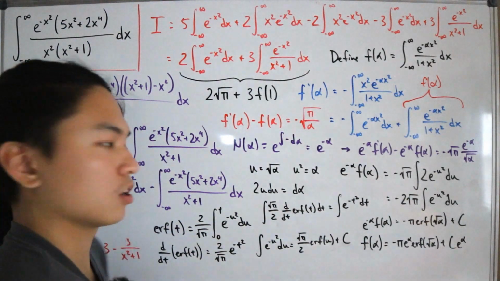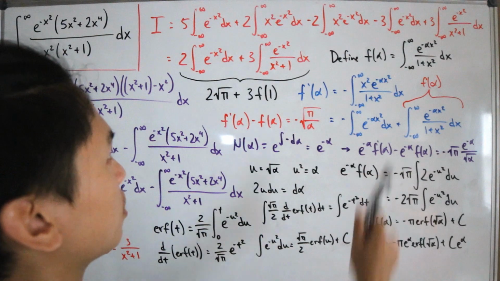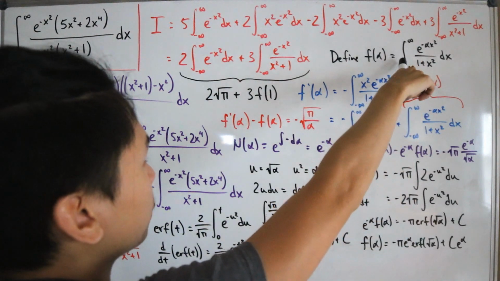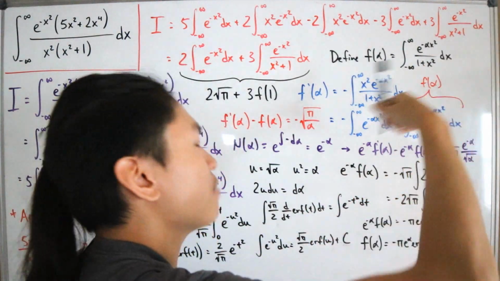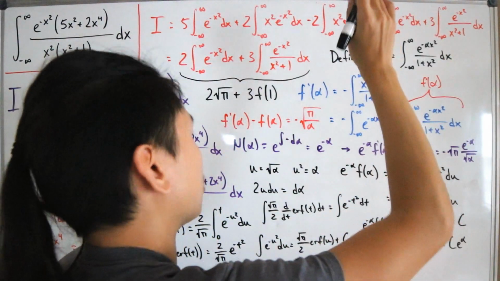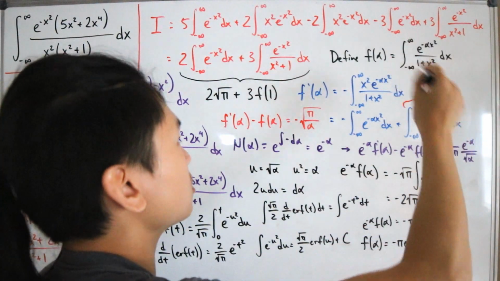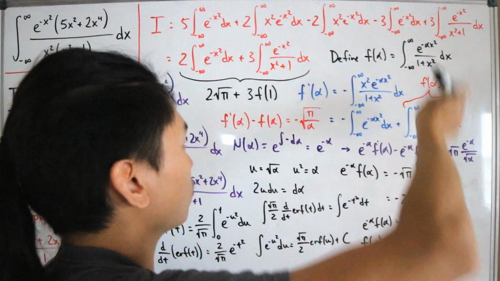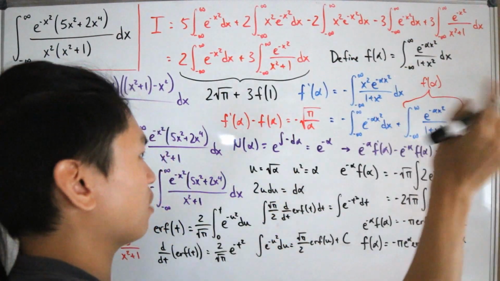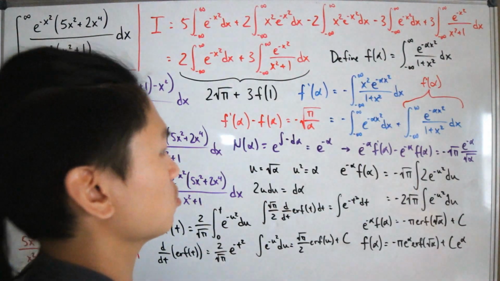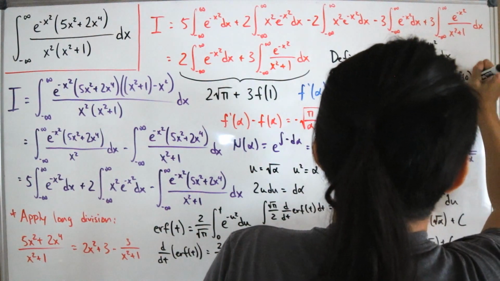Okay, so a couple more things left. There's some things to note that if I were to plug 0 into our f of alpha function, that means I have e to the negative 0 and all that, that means that's going to be 1. Then that'll yield us with 1 divided by 1 plus x squared. The antiderivative of that is arctangent of x. So put in the infinity over negative infinity as the approaches. We'll have that this is pi over 2 subtract negative pi over 2, and that's actually going to give us pi. So therefore, we see that, I'll put this on the side over here, f of 0 is equal to